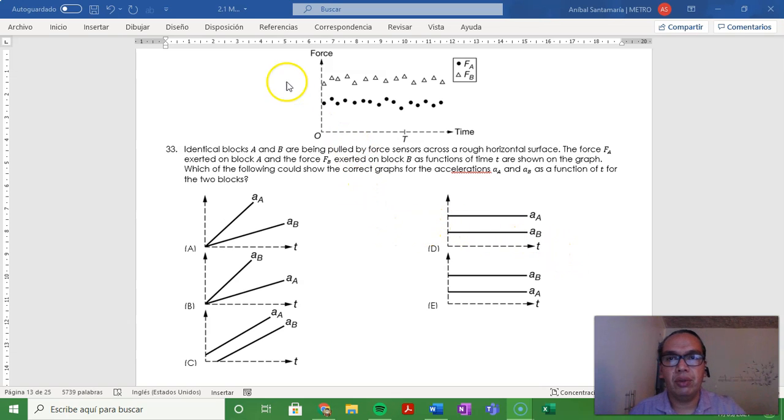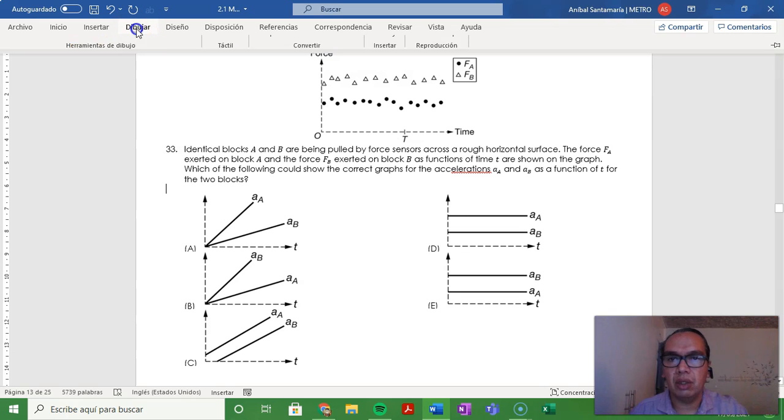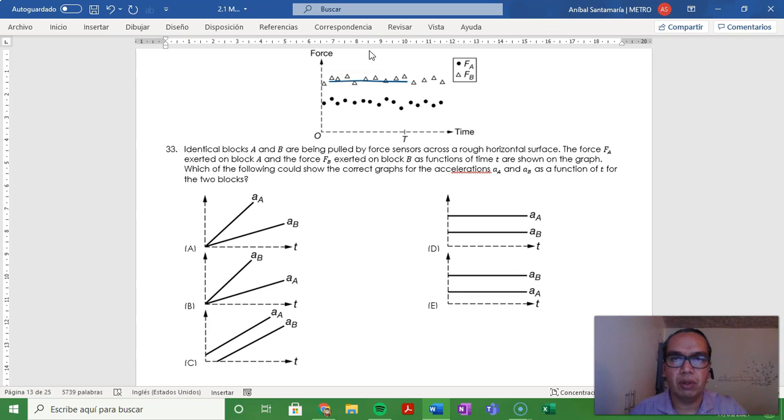Well, you have either one of two possibilities here. Either the two forces make the objects move at constant speed, in which case this force, which is more or less constant, is countered by a similar friction force in the opposite direction, and the same is true for this force. Now, in that case, you will have an acceleration of 0 for the two objects, which is neither of the cases here. Therefore, we must assume that this force is greater than the force exerted by friction,